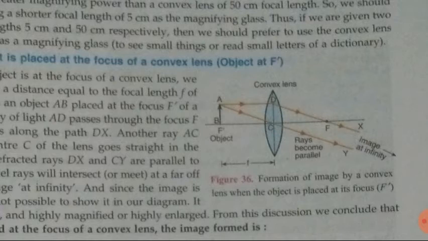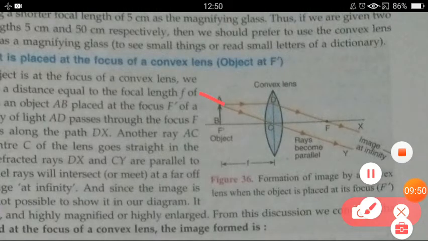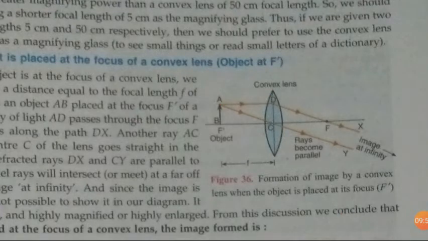After refraction both the rays become parallel to each other, and we all know that parallel rays never intersect with each other. So these two rays will not intersect after refraction. So what we will do here? Here we will imagine that these rays are extrapolated backside, okay, and when they are extended in backward direction, they are meeting at one particular point somewhere in infinity. Okay, so here when the object is placed on F, the image will be formed at infinity.